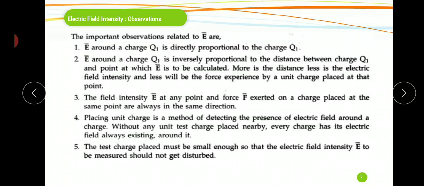So this is about what electric field intensity is, how we calculate the electric field intensity formula and its units, how we define the direction of the electric field intensity, and electric field intensity for n charge carriers, and what steps we have to take to observe for relating to electric field intensity. So these are the points we have to discuss in this class.